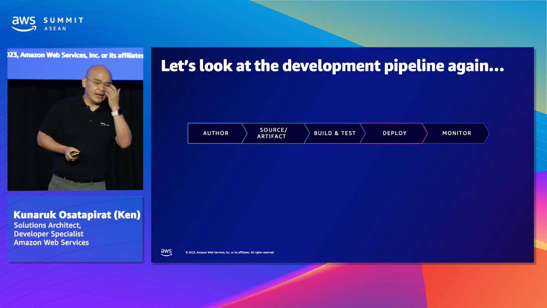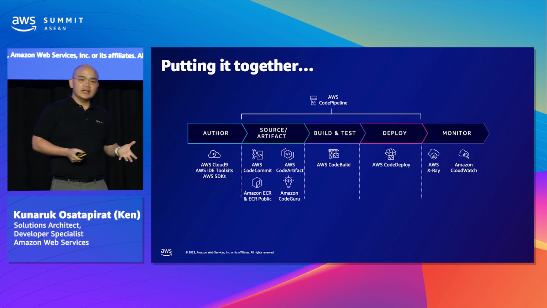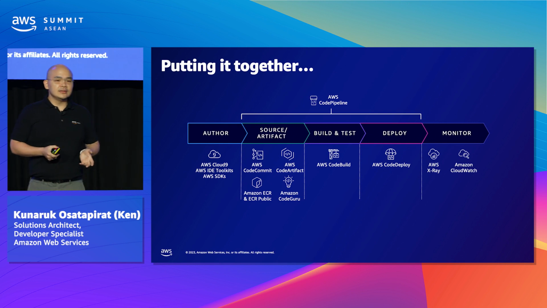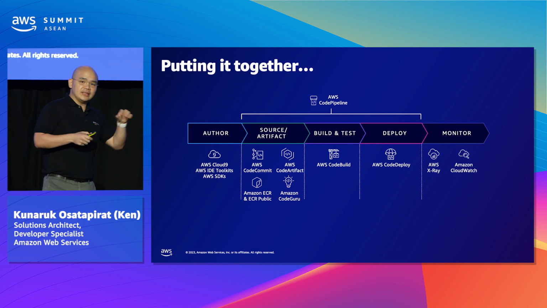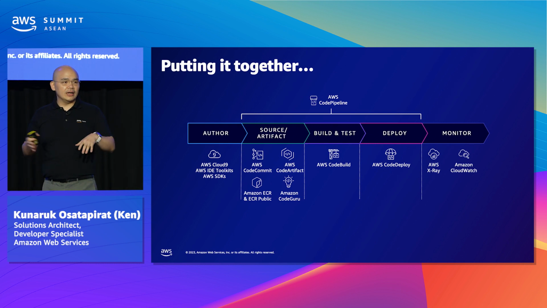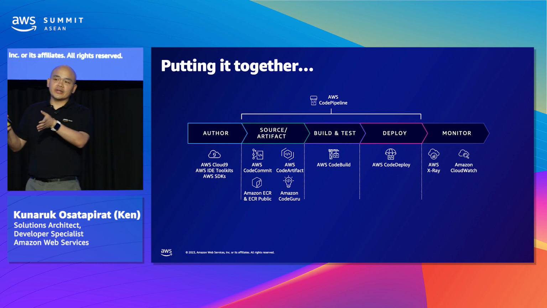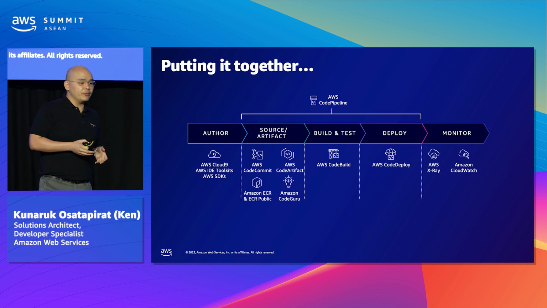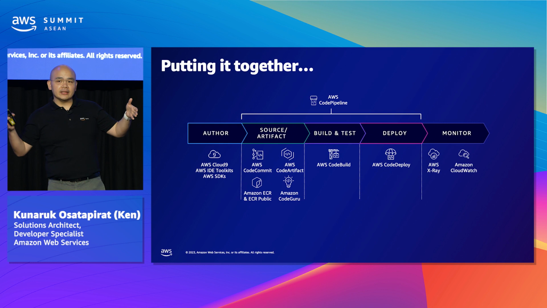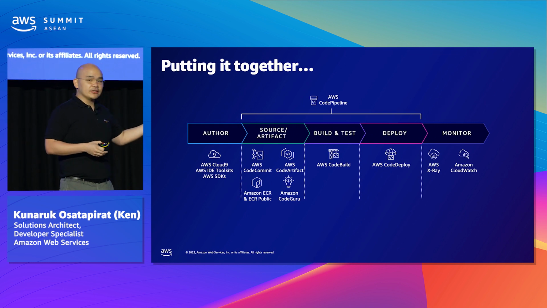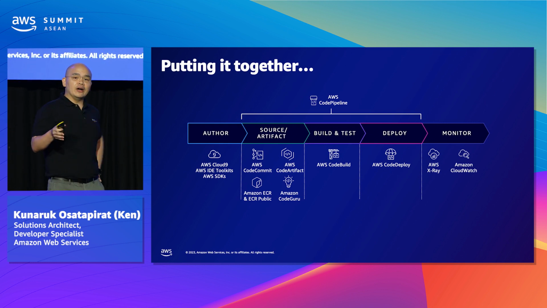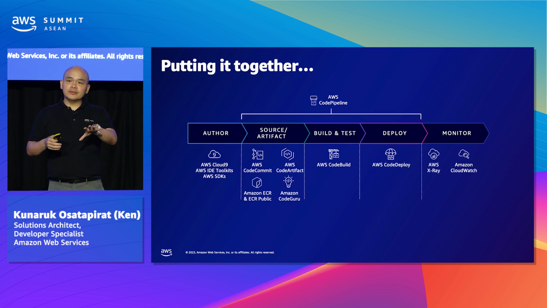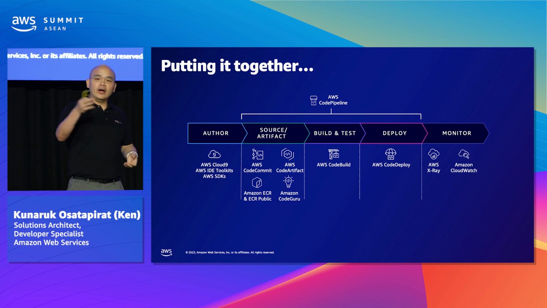the pipeline again. You can start authoring your code using Cloud9 or AWS IDE Toolkit, and also use the AWS SDK within your code to interact with the AWS services. After that, you can store your code in AWS CodeCommit as your code repository. And then you can create the CI/CD pipeline using AWS CodePipeline, which is going to be triggered once you push the code into CodeCommit, and then execute CodeBuild to build, test, and deploy the application into